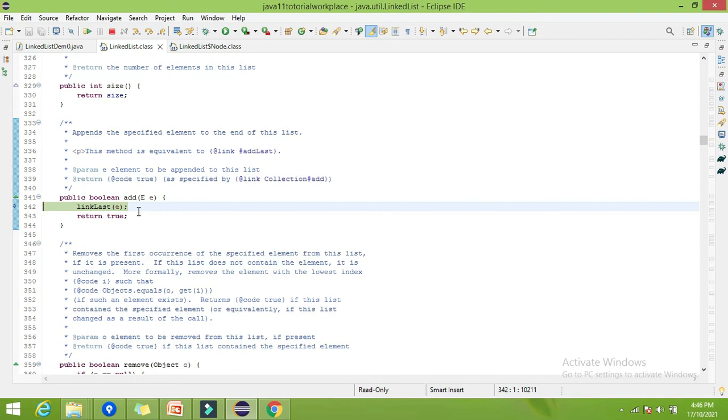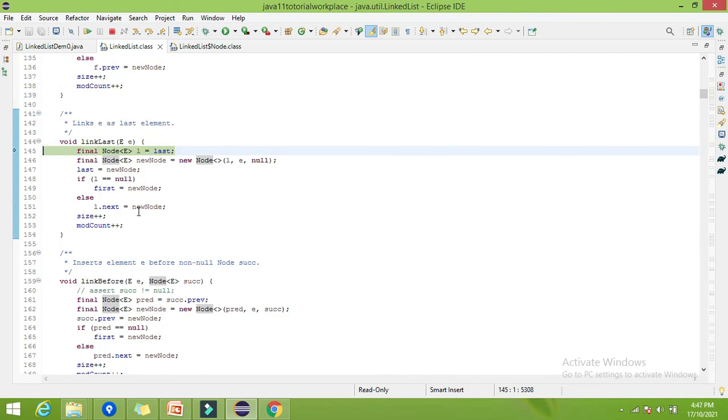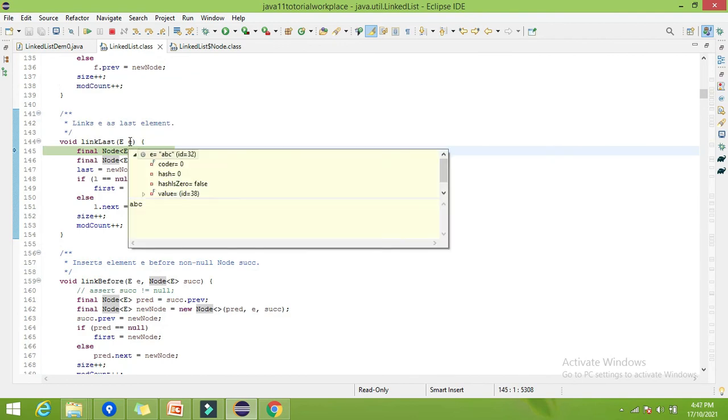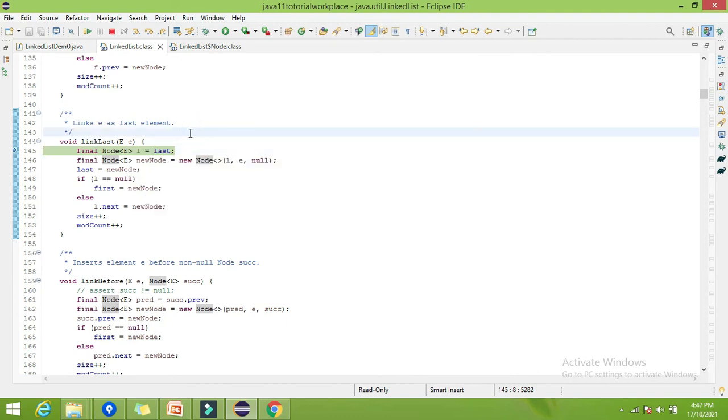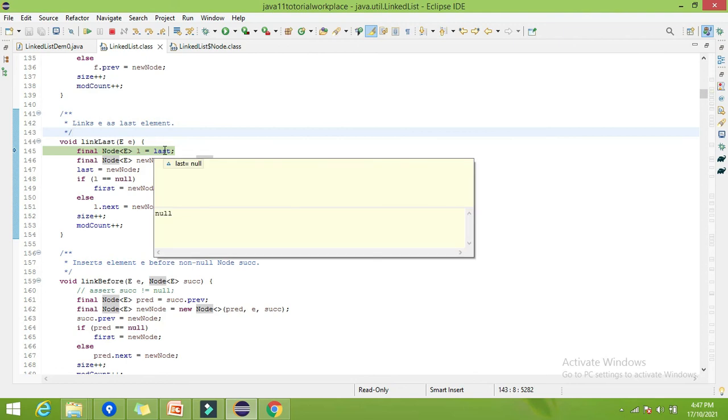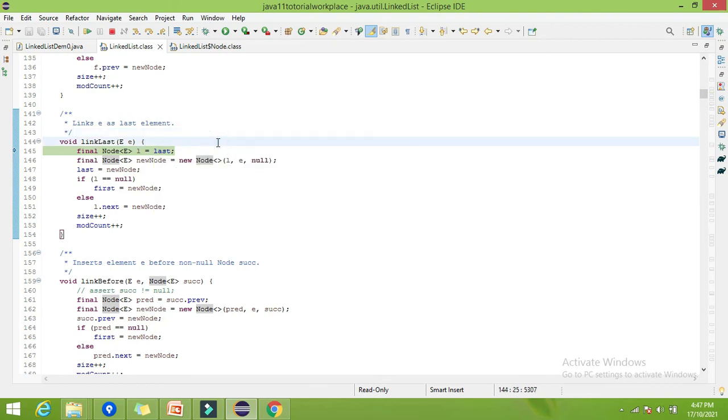So let's go to the internal implementation. Here e is nothing but our data. Now we are trying to add the element abc. Last is null, because currently we don't have any element. Last is nothing but whatever we added previously will be the last element. We haven't added any element, so last is null. Now let's create another node, because we are trying to add abc, so abc will be another node. Let's create the object of the new Node.